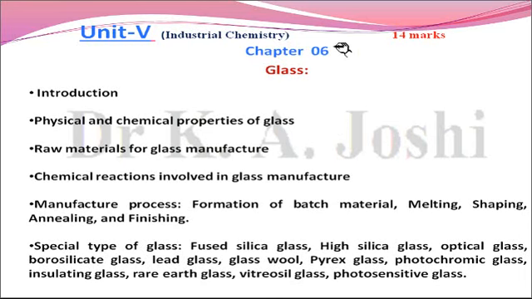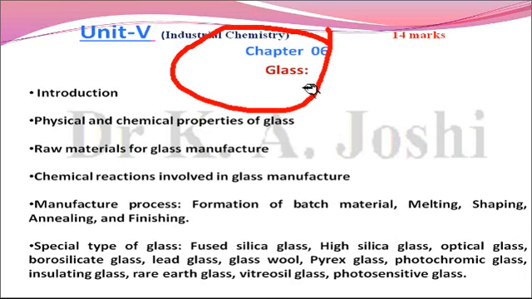Now unit 5, the name of the chapter is glass. We know that glass is used maximally in our daily life. So in this chapter we will cover the following points: introduction, physical and chemical properties of glass. Physical properties like melting point, boiling point, density, all that. Chemical properties, raw material of glass manufacture, chemical reactions involved in glass manufacture, manufacturing process, formation of batch material, melting,